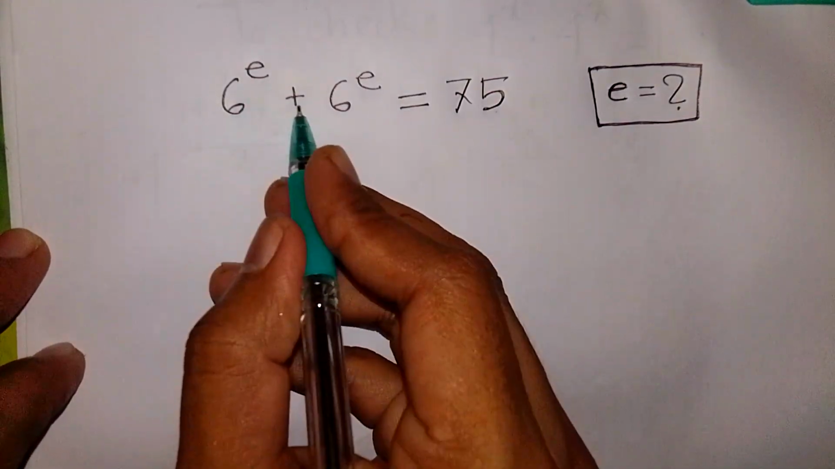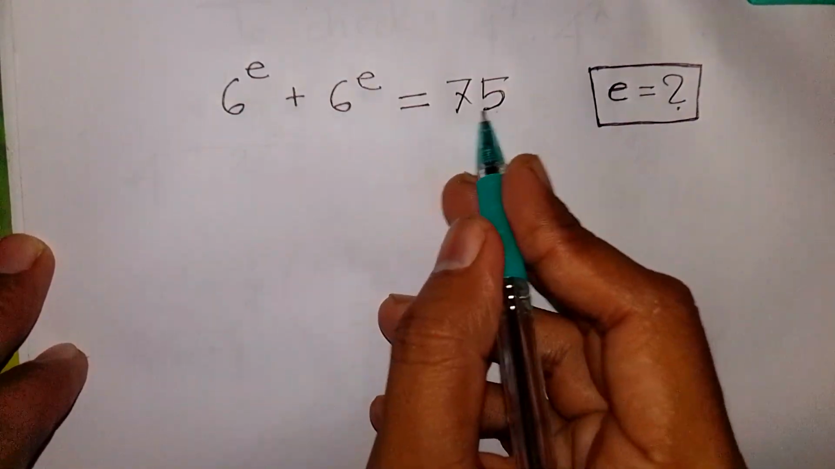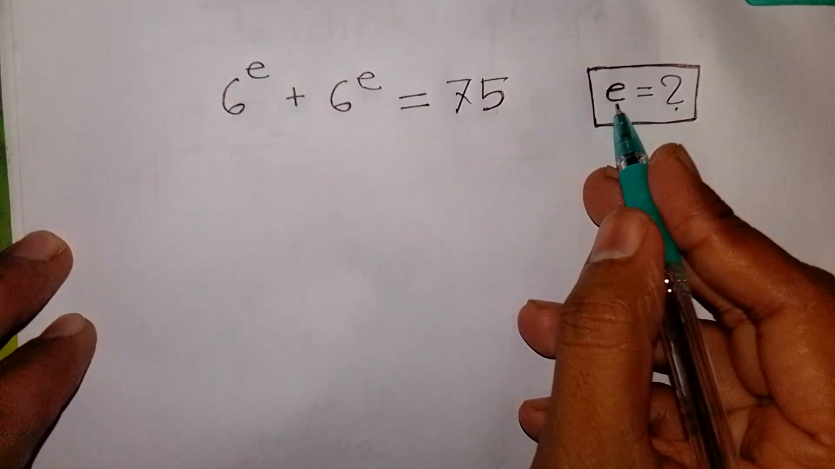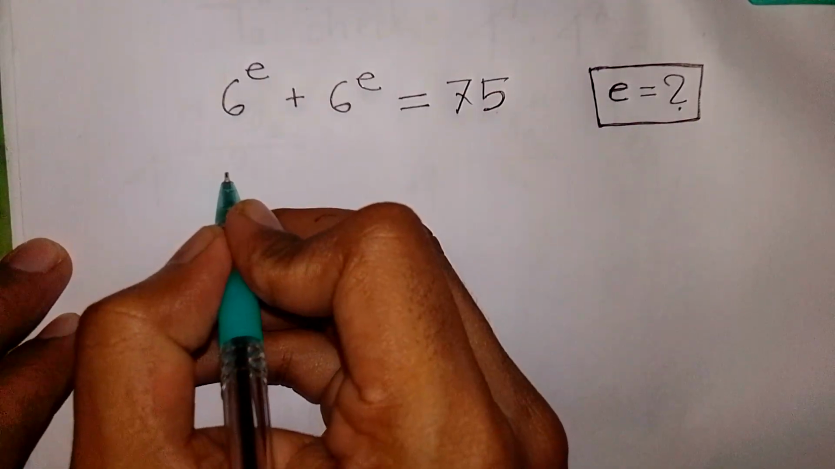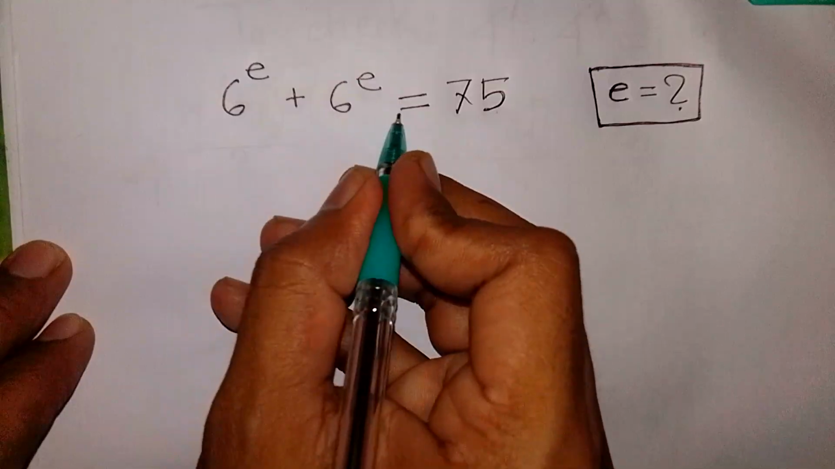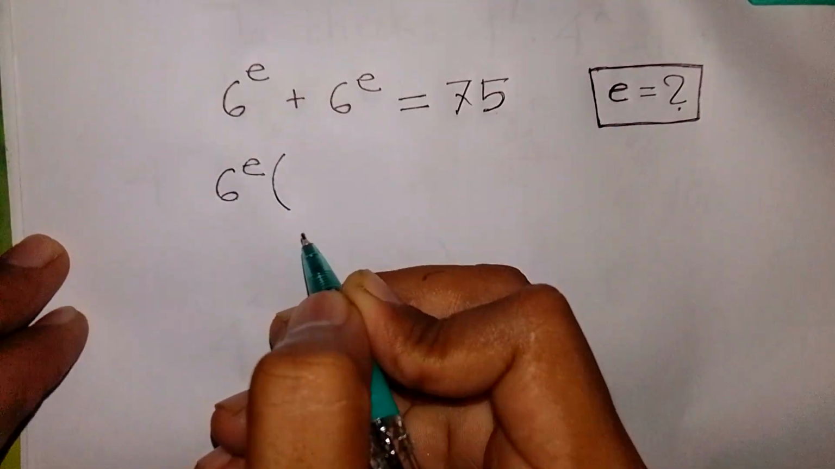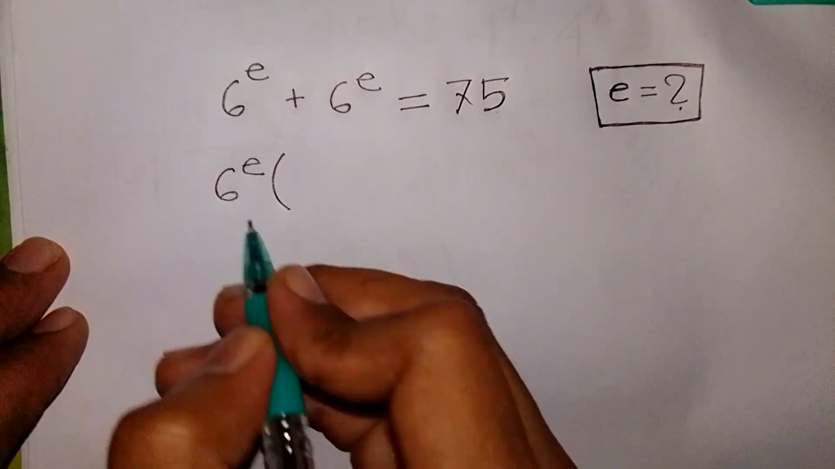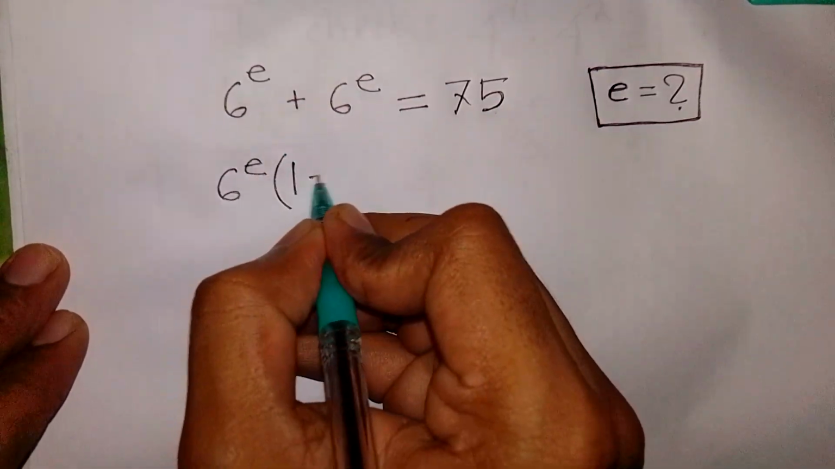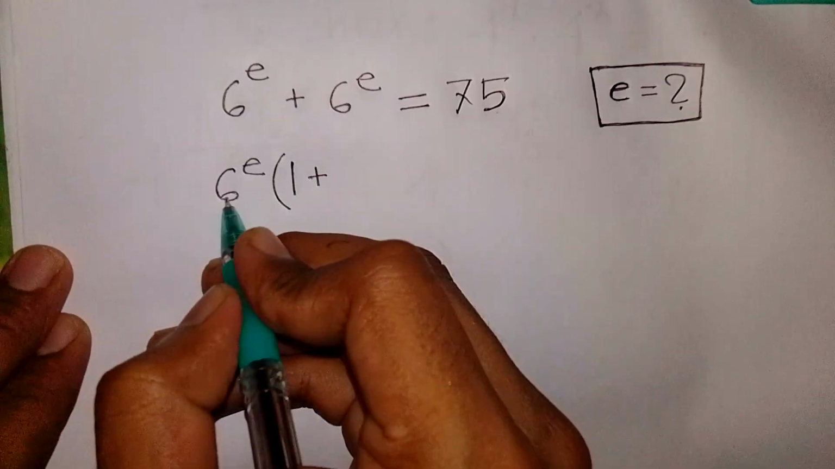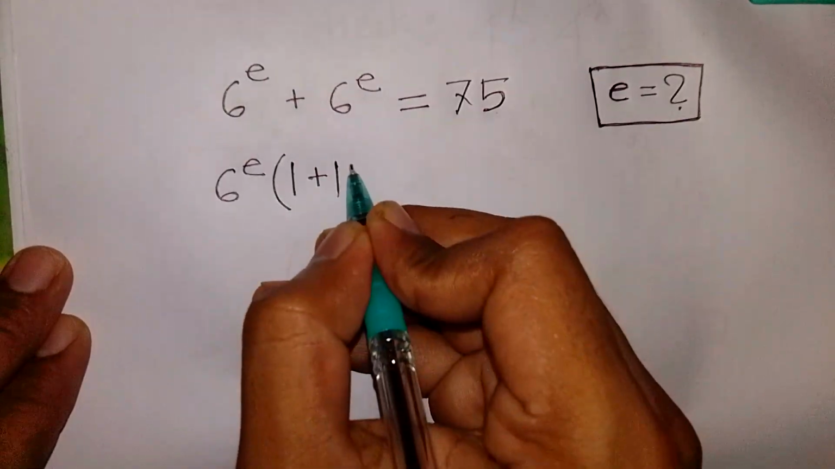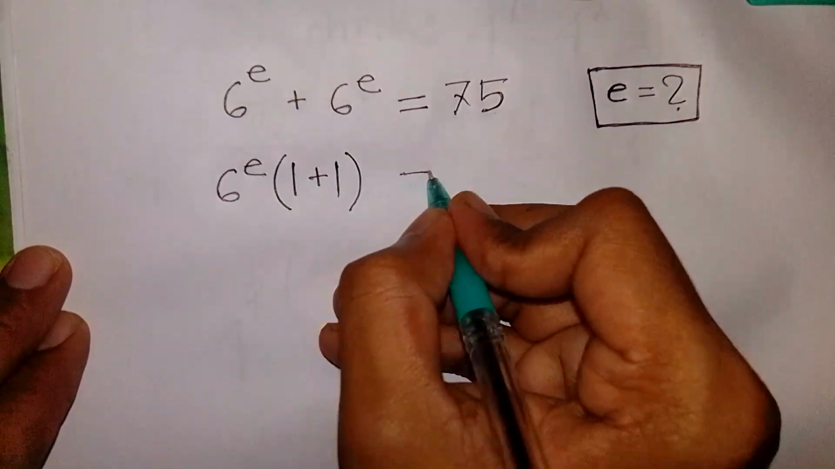6 power a plus 6 power a is equal to 75. Find the value of a. So at first we take common 6 power a from the left side. 6 power a is out of the bracket. This divided by this, that means 1, plus this divided by this, that means 1, bracket close, is equal to